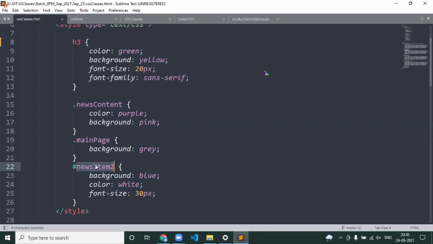Sir, if H3 is a child of P tag, then it will work? If H3 is a child of P tag, then the CSS will apply, right? Here, are we defining anything called parent or children? Have we defined that it must be a parent, only then you apply? No, right? I'm simply saying you are an H3 tag, then it has to get applied. It doesn't matter whether you are a parent, a child, or a sibling. Everywhere it will work.